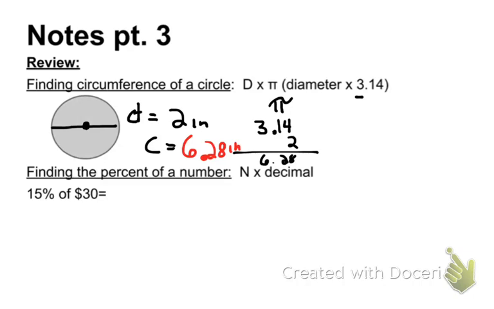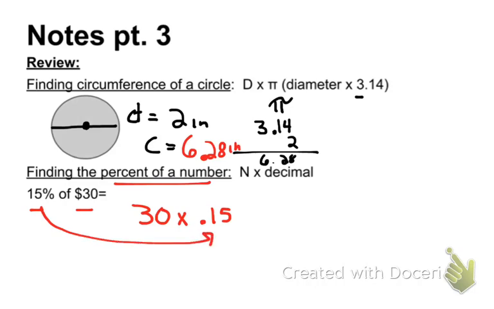Then the next thing we're going to do is finding the percent of a number. What is 15% of $30? Well, there's a lot of mental math I can do, but a really quick way is to just take 30 times 0.15. And 0.15 is just the decimal form of 15%. And if I multiply that out using a calculator,